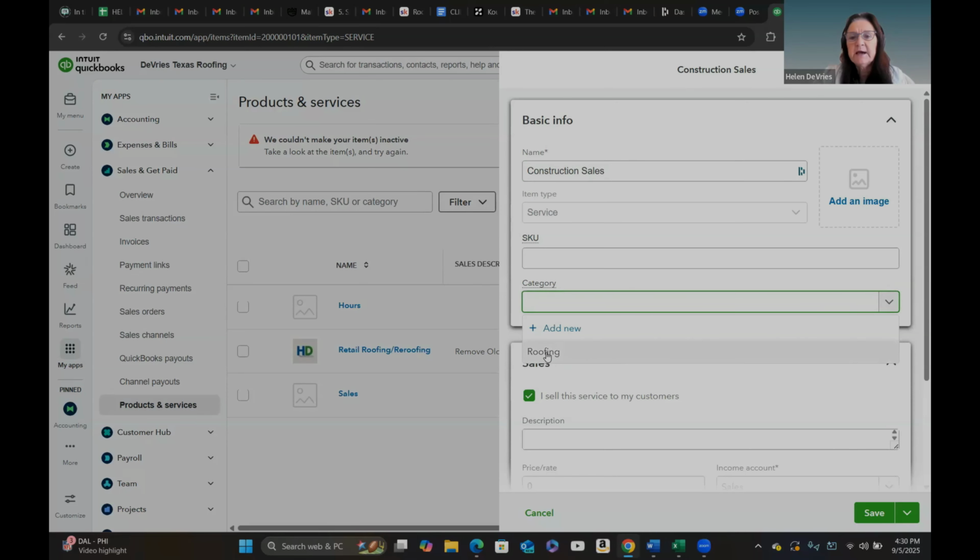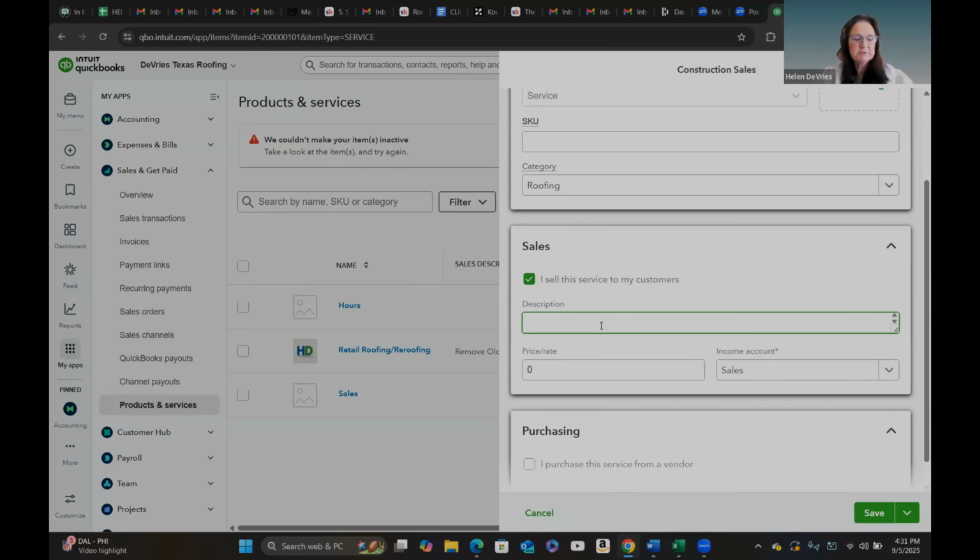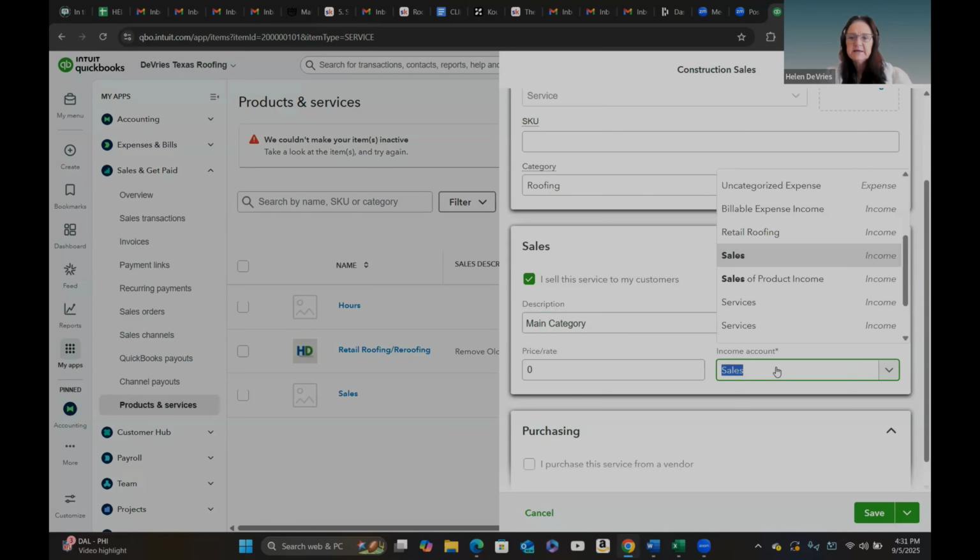And you can put the category, your roofing, just a little drop down box gets you there. If you wanted to put a picture, you could also do that. And for description, I just put here my main category. So this would not go on an invoice. And then sales here, we're going to put construction sales,